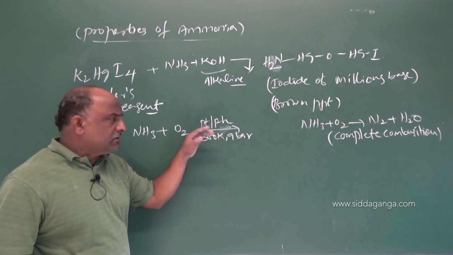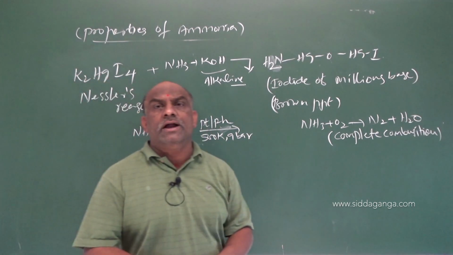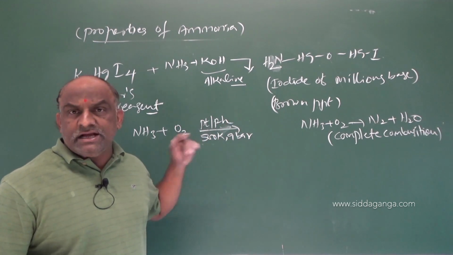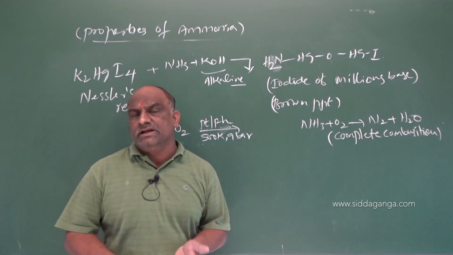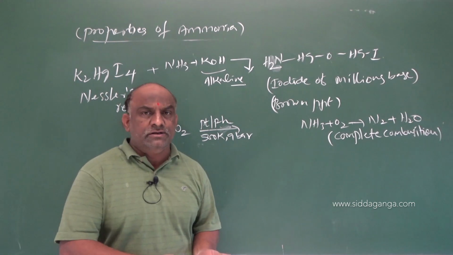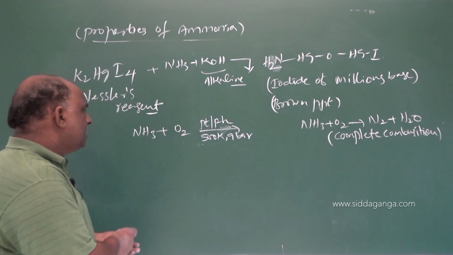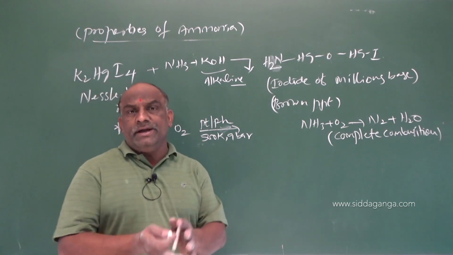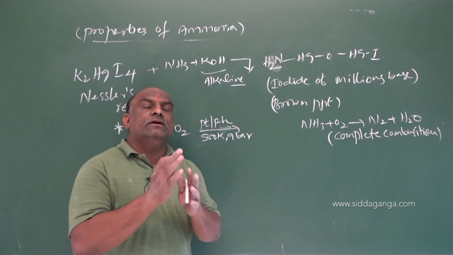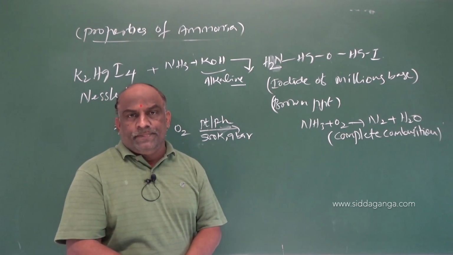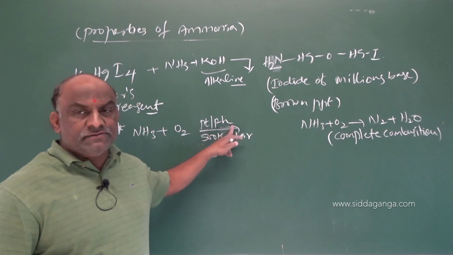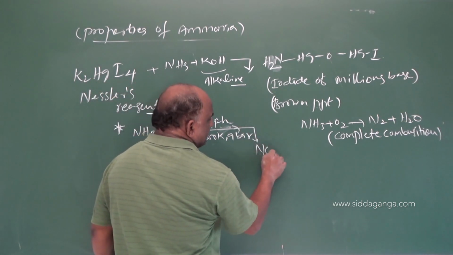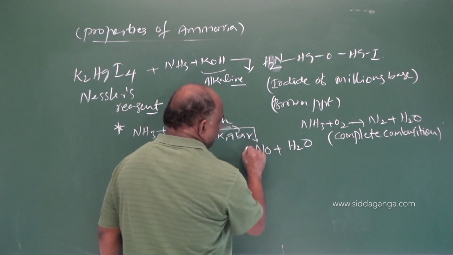What are the restrictions? If the reaction takes place in the presence of platinum or rhodium, and these reactions require some conditions. The conditions are temperature and pressure. Then what compound will we get? This reaction is very, very important. It is partial combustion; incomplete combustion was not successful because the reaction takes place in the presence of some catalysts. Then what will be the answer? The answer is NO plus H2O.